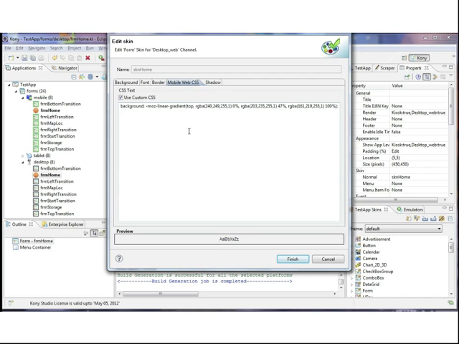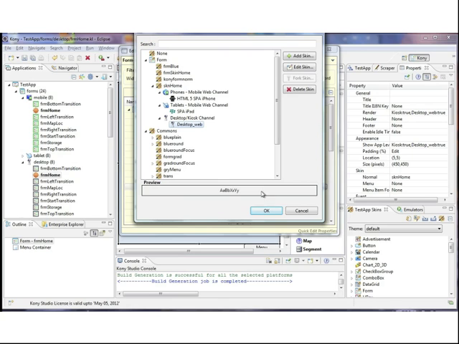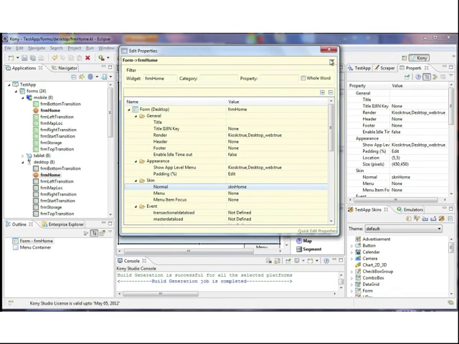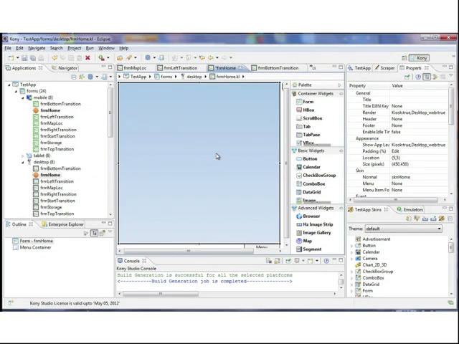You can import your own CSS here. You can set what you want to. In this case, we're just setting a simple gradient because we're going to drop some content on here specifically for desktop. So if we go back to our desktop form, first thing we want to do is drop our own